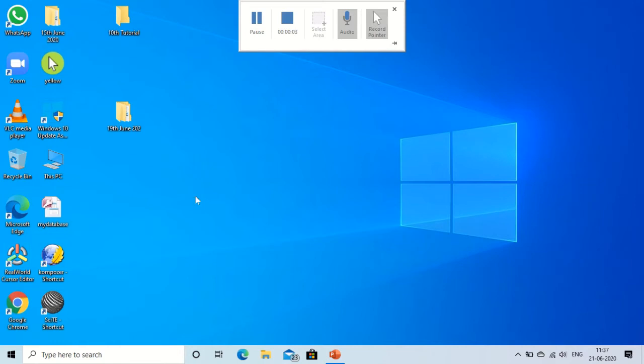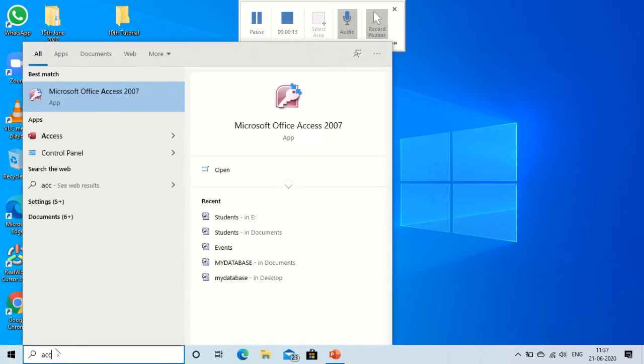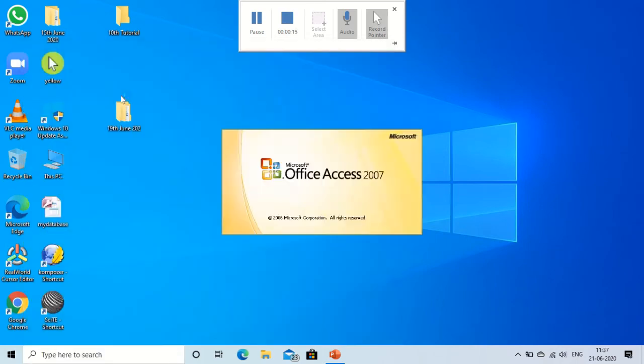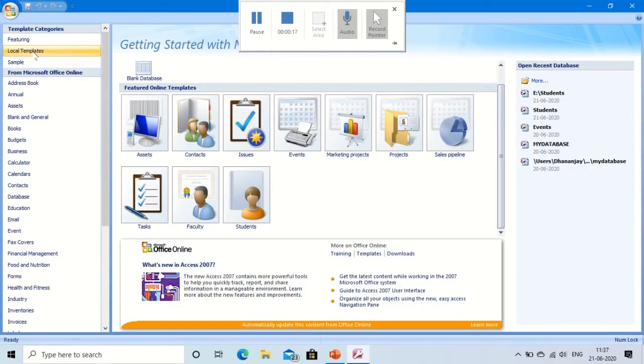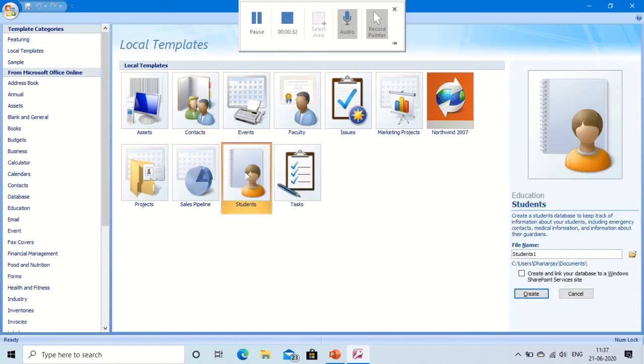Let us know how to create a template database. So click on the start and type here Access 2007. Open it and click on local templates, and then here we will see the various template databases. Here I want to create a student database. So click on this Students and then click on the create button.